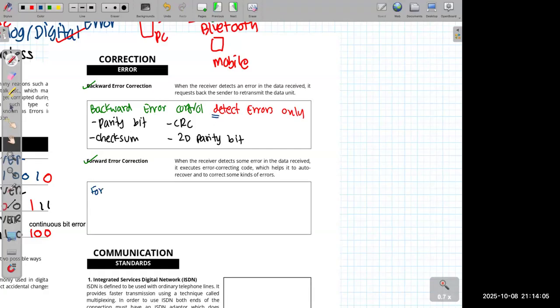In forward error control, they detect and correct errors up to a certain extent. When the receiver detects some errors in the data received, it executes an error correcting code which helps to automatically recover and correct some errors,